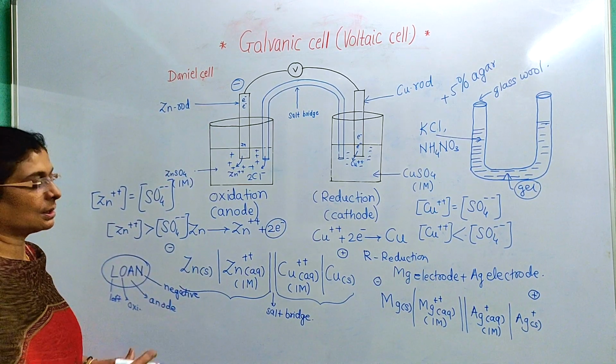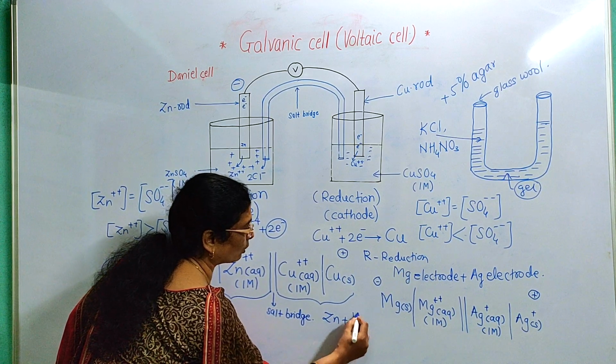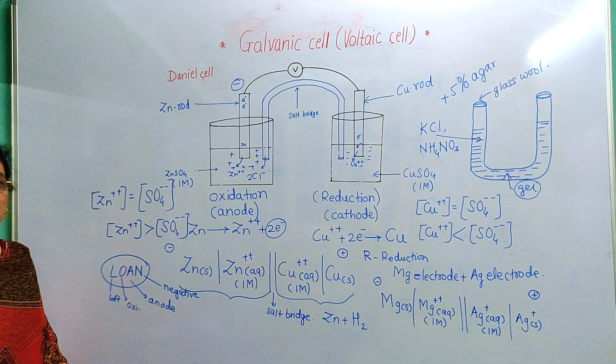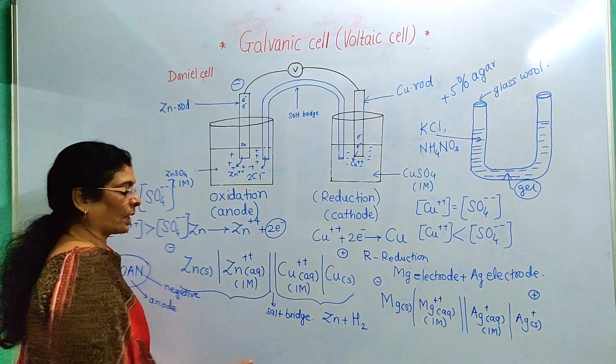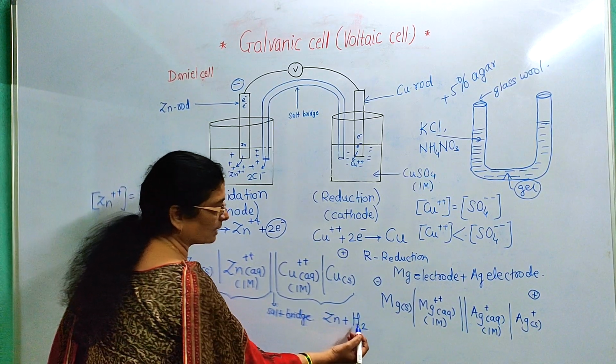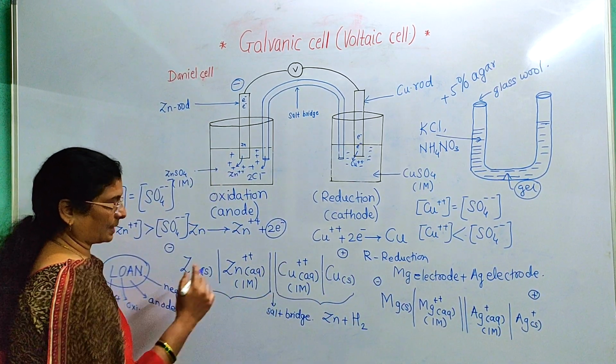One gas electrode is used. For example, suppose we have a zinc electrode and a hydrogen gas electrode, and I have constructed one cell. At the zinc electrode, suppose an oxidation reaction takes place. At the hydrogen gas electrode, suppose a reduction reaction takes place. Then how is it represented?